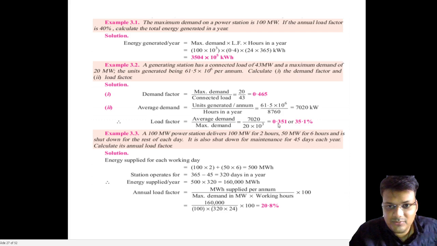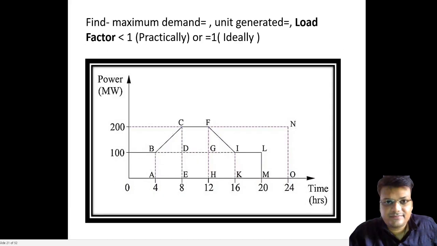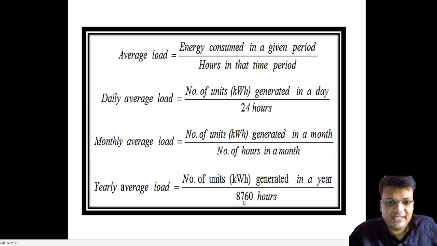In case of energy generated per year, the maximum demand is given as 100 into it. I think everywhere it is calculated in kilowatt. So everyone should solve in kilowatt and also mention the unit in kilowatt hour. It will be easy for everyone, because I am showing everywhere it is given in kilowatt hour, but I also saw somewhere it was solved in megawatt. To avoid confusion, we should solve like that. We have to calculate the units generated in kilowatt hour, then divide by 8760.